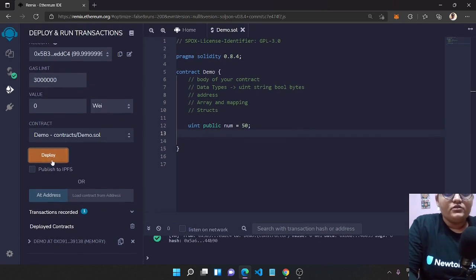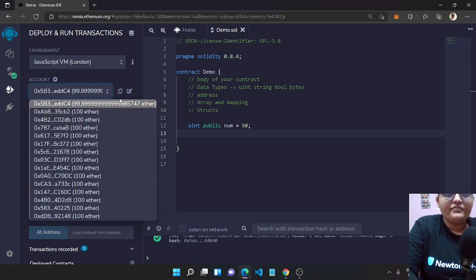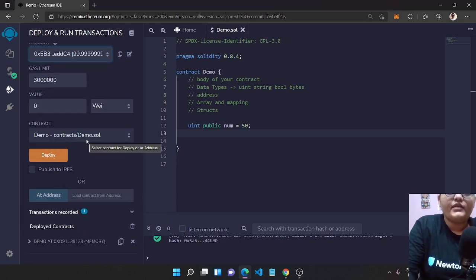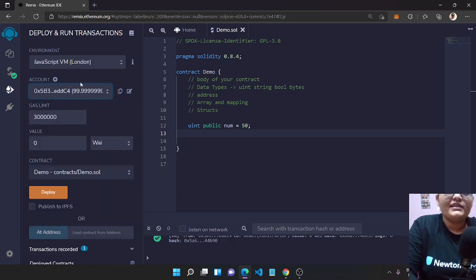As soon as you deploy your contract, the first thing you can see is that some ethers have been deducted. There is always a cost of ethers to deploy your contracts. That's why for test purposes we don't use mainnet, because this could cost you a lot of money. For every deployment you need to pay some fees. So why does this money get deducted from our account?